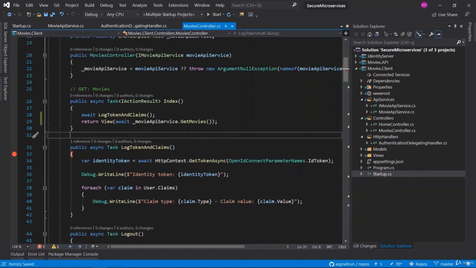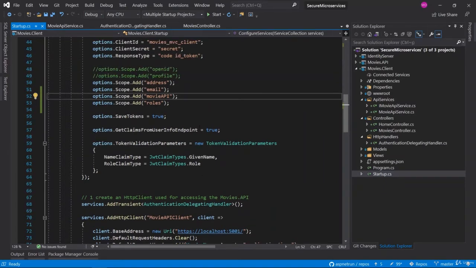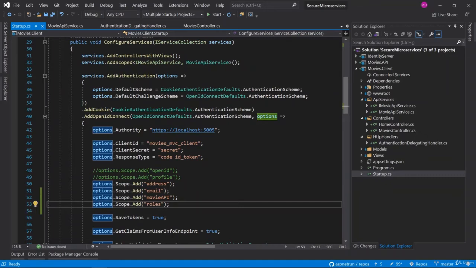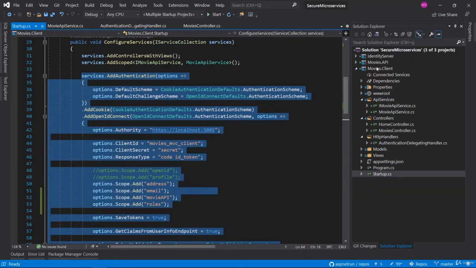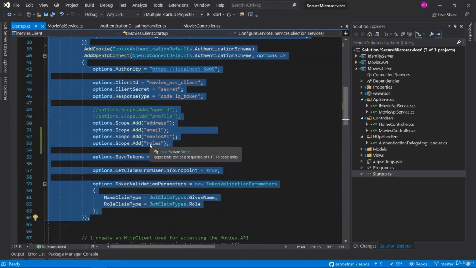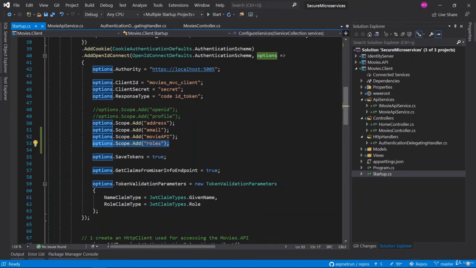So let me go to Startup.cs in the Movies client MVC application. This is the OpenID configuration. Locate the OpenID configuration under ConfigureServices in the Startup of the Movies MVC client. As you know, we have added the role scope here, but it is not enough for us. We should also map these claims with the JSON key. So I'm going to add one more configuration in here.